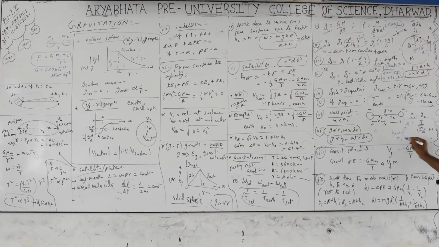And m1 is less than m2. Close to the smaller mass only, the null point is found, and at this point g1 equals g2. The accelerations are equal and in opposite directions, attraction towards each other, so both are cancelled. It is a single point, and because planets are not at rest, this point's position keeps on changing. X equals r by the total separation: r by (square root of large mass by small mass, plus 1). The plus 1 is outside the root; you have to take it that way.